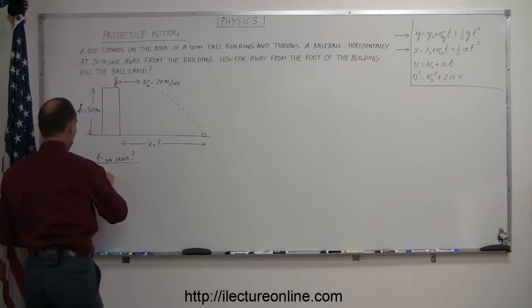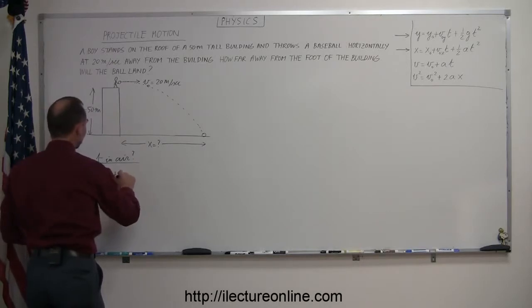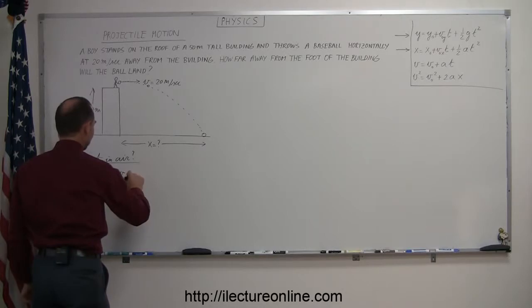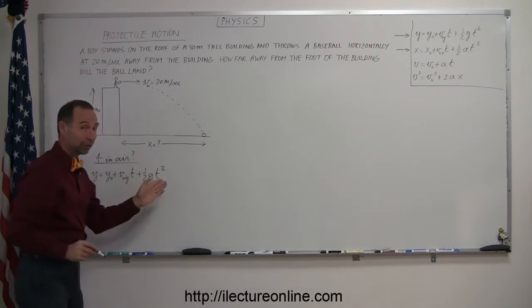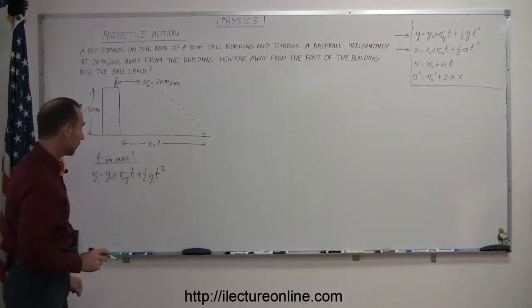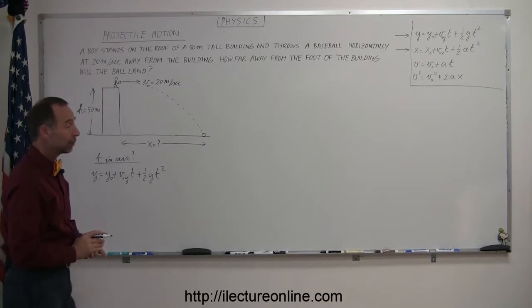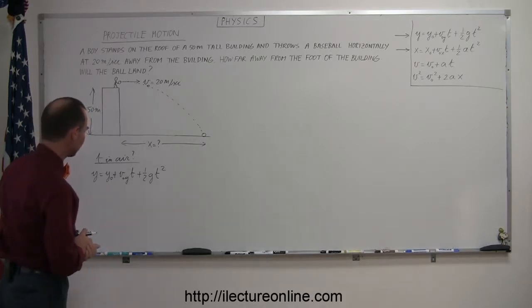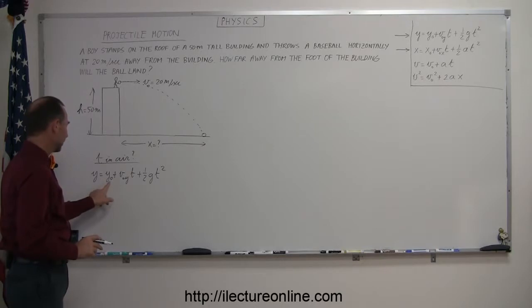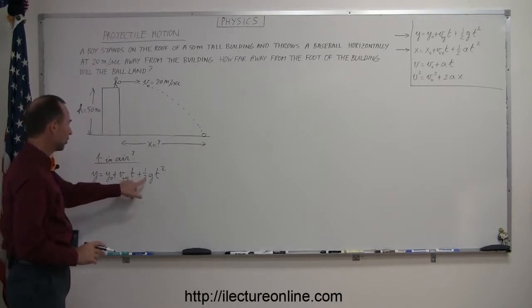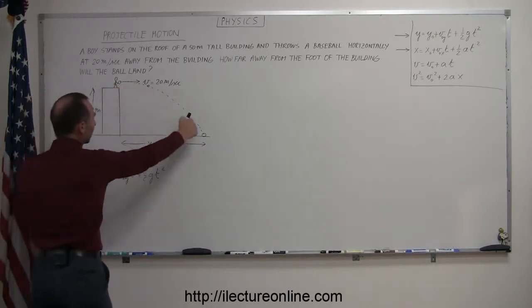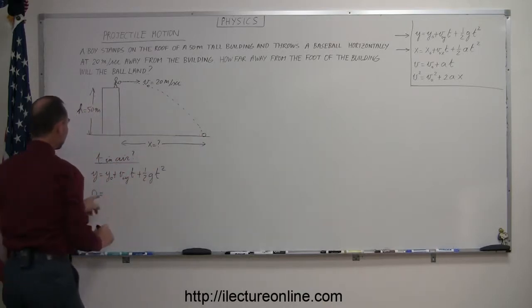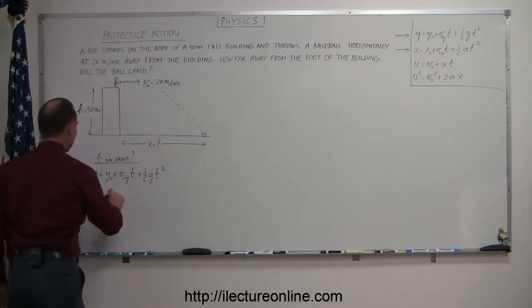So using the equation, y equals y sub naught plus v sub naught in the y direction times time plus 1/2 g t squared. Remember, in the vertical direction, the acceleration is always due to gravity, and g there would be minus 9.8 meters per second squared. All right, final height, initial height, initial velocity in the y direction, and g here, minus 9.8 meters per second squared. So let's plug in what we know. Final height, well, when the ball hits the ground, final height is 0. Initial height, starting from a height of 50 meters,